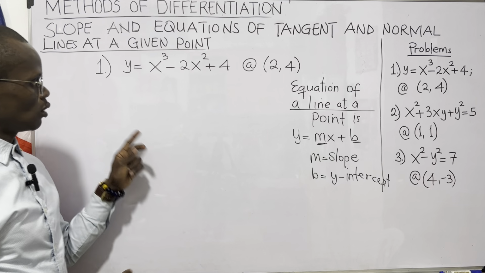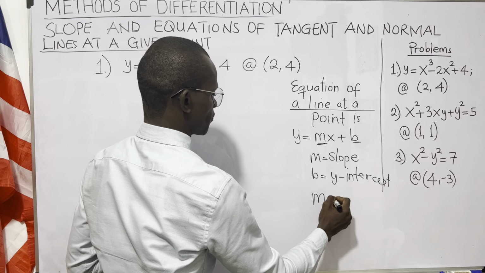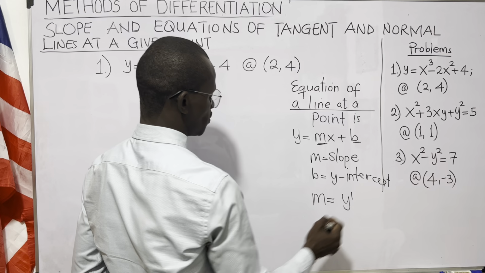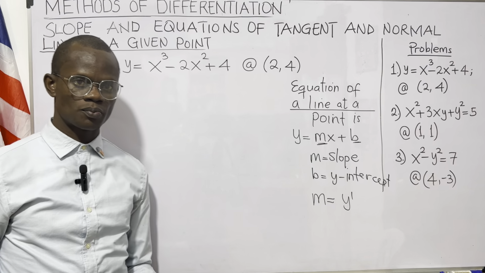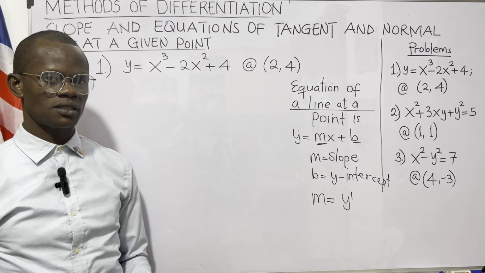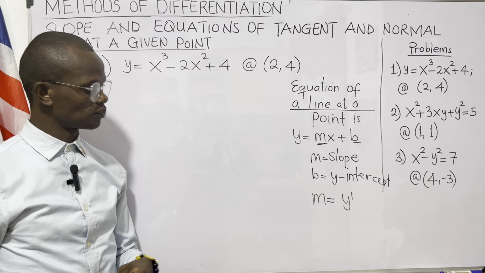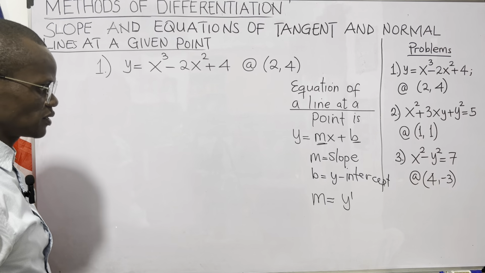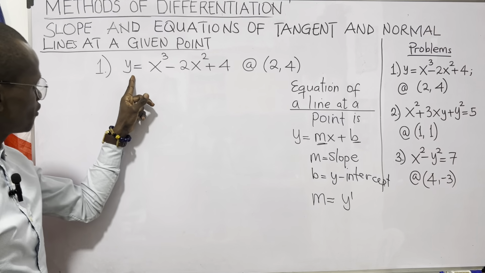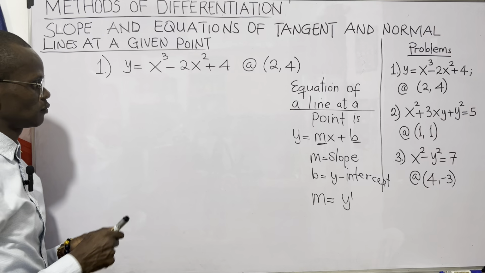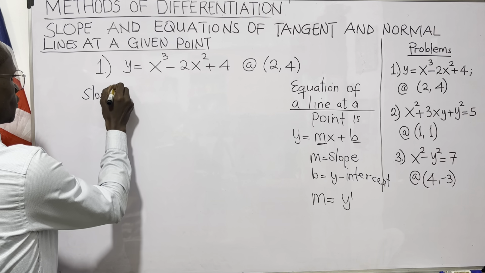But under differentiation, the slope m is also the derivative. So the first derivative is the slope, or we also call it in physics the velocity. And the second derivative is the acceleration. So since the first derivative is the slope, to find the equation of this line, we must first find the first derivative. So we must first find the slope, m,